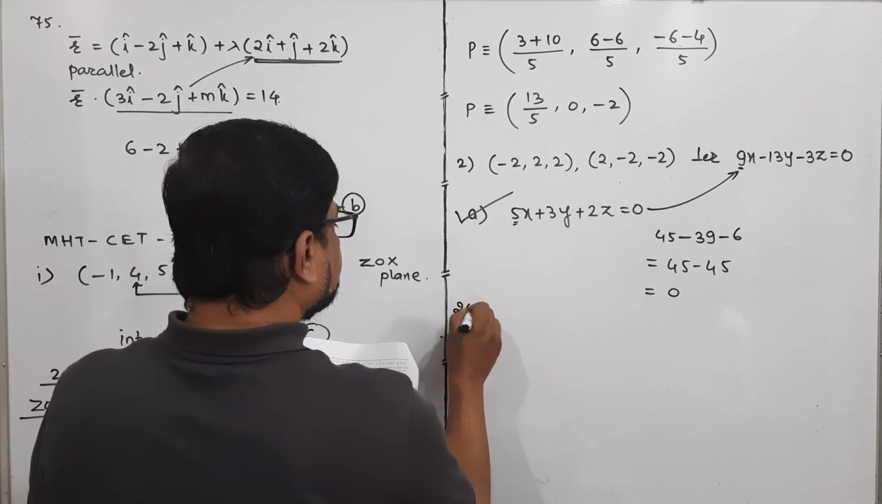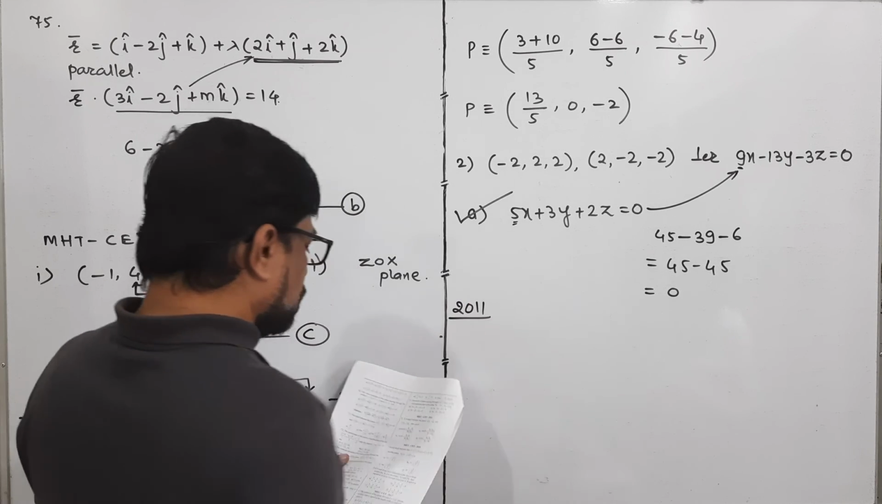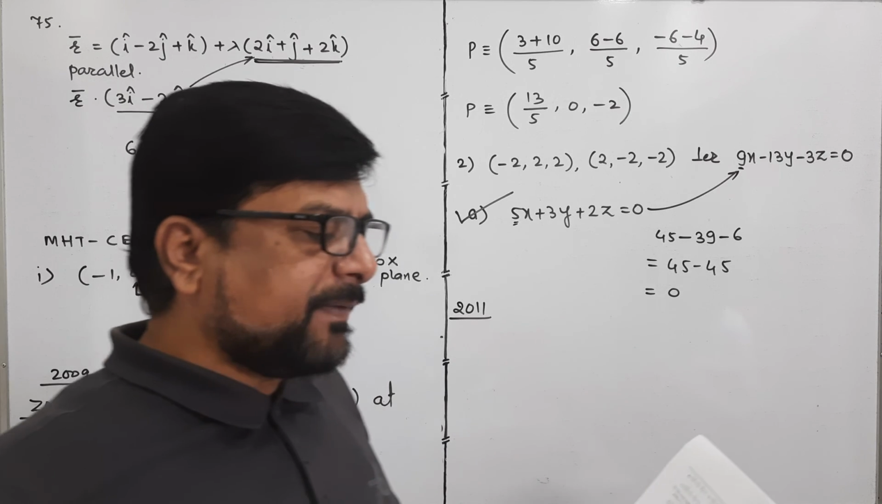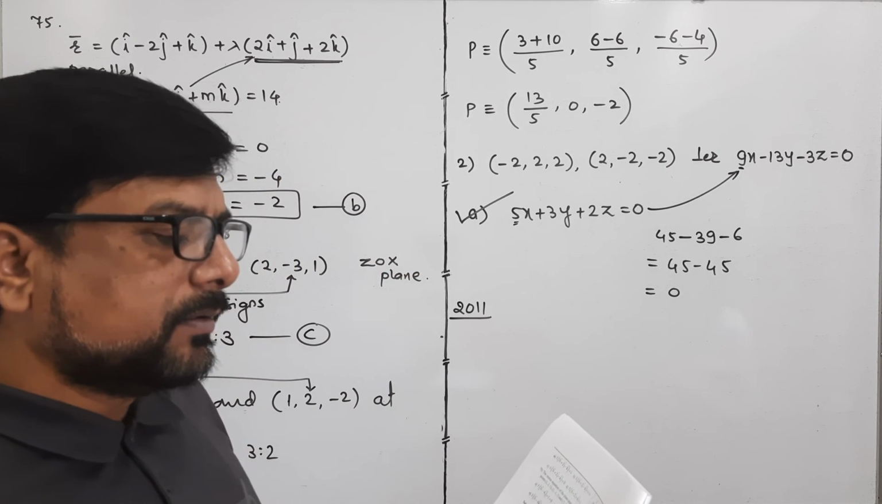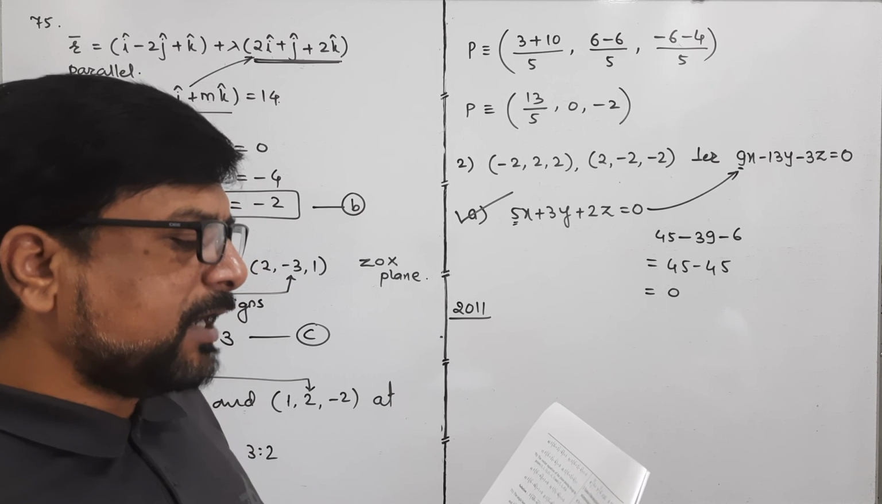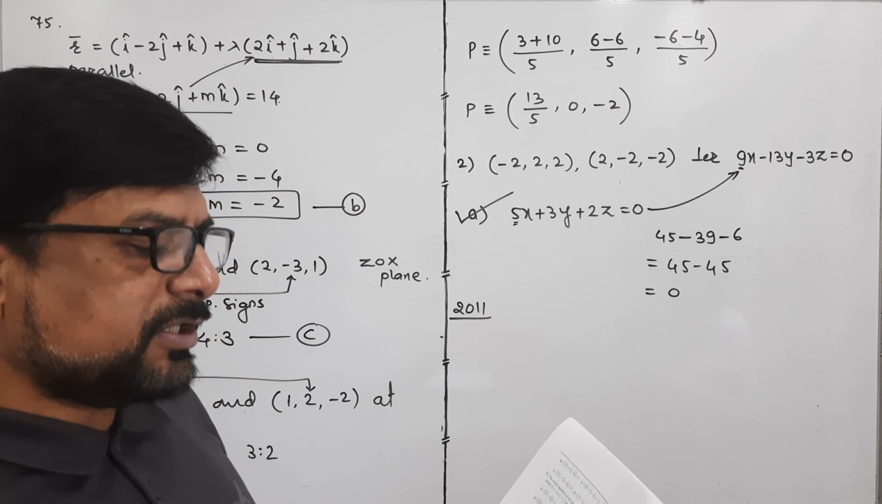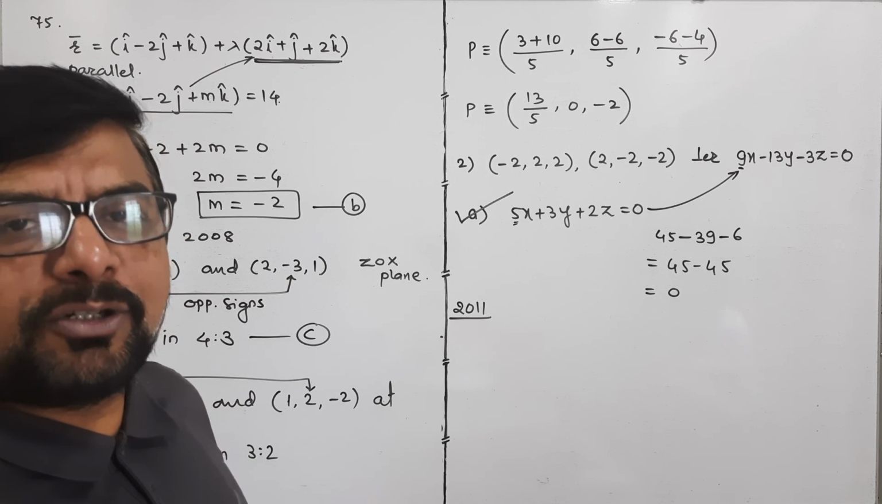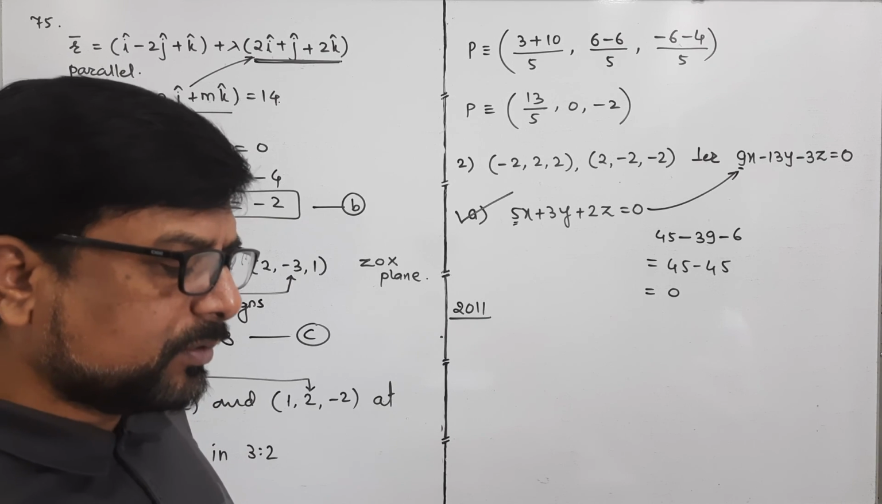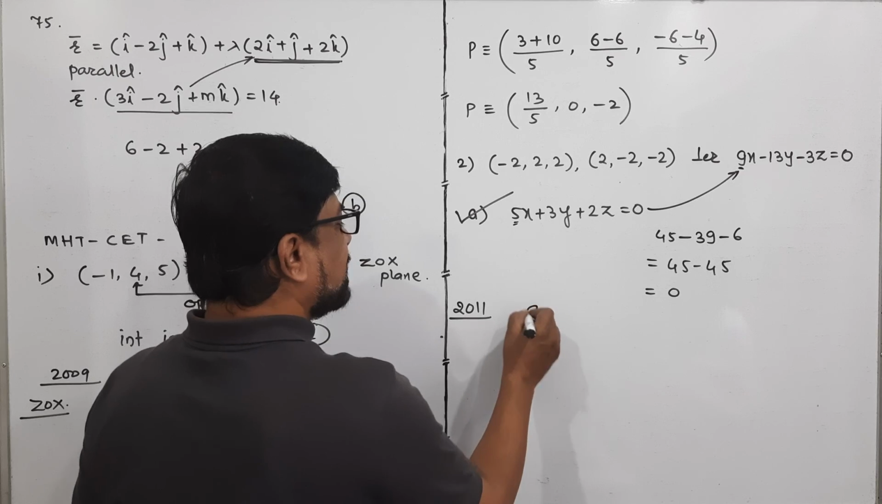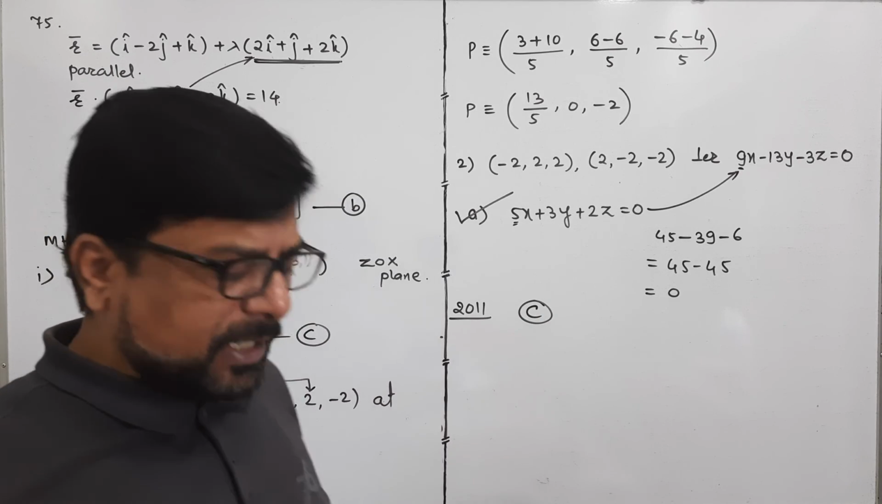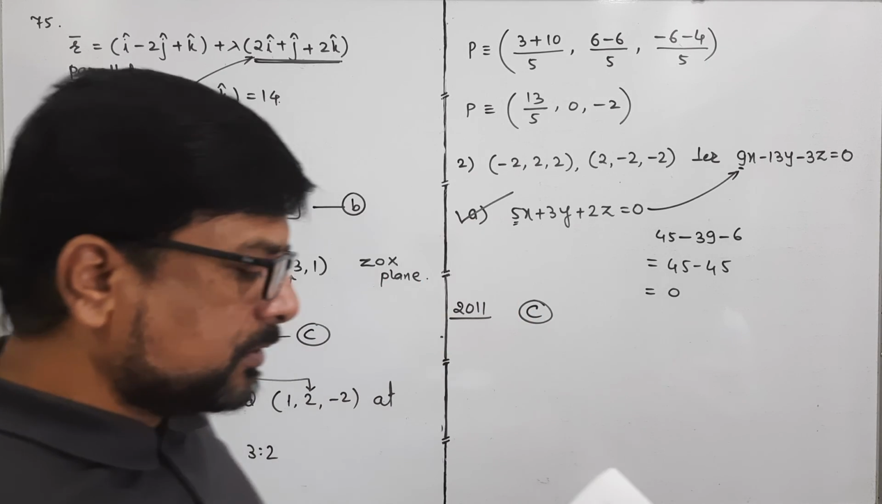2011. Theta is angle between r vector dot n1 is equal to k1 and r vector dot n2 is equal to k2. Then cos theta is equal to, it is nothing but n1 dot n2 upon magnitude of n1 into magnitude of n2. Cos theta is equal to, option C is correct. ये डायरेक्टली फॉर्मूला है जो पूछा गया था. नेक्स्ट